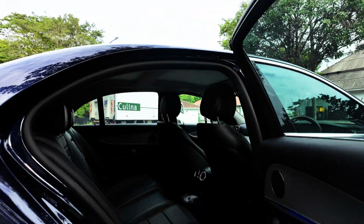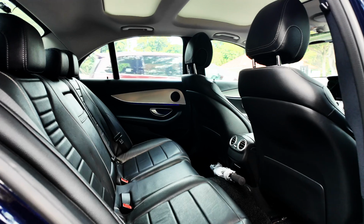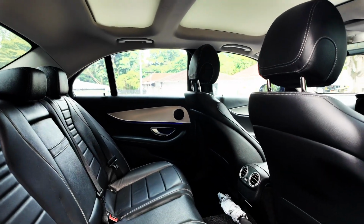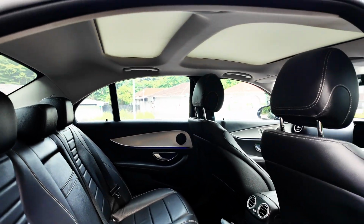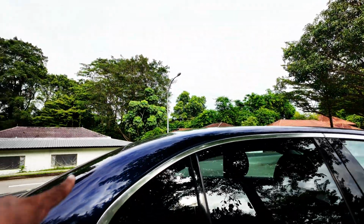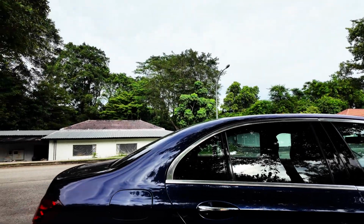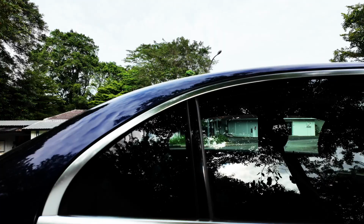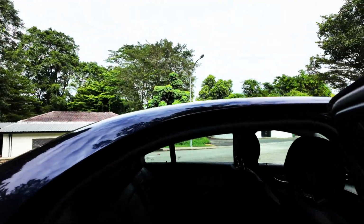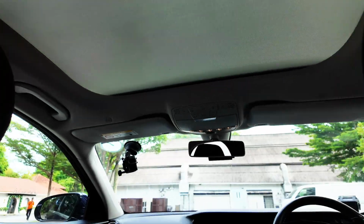And there's the back seat. Very, very spacious. Overall, it's a very good use of space, honestly, in this car, because it's a very curvy car. It looks like it should not have that much space, because look at how pronounced that C-pillar is. But when you actually go inside and sit down, as I have sat down right now,